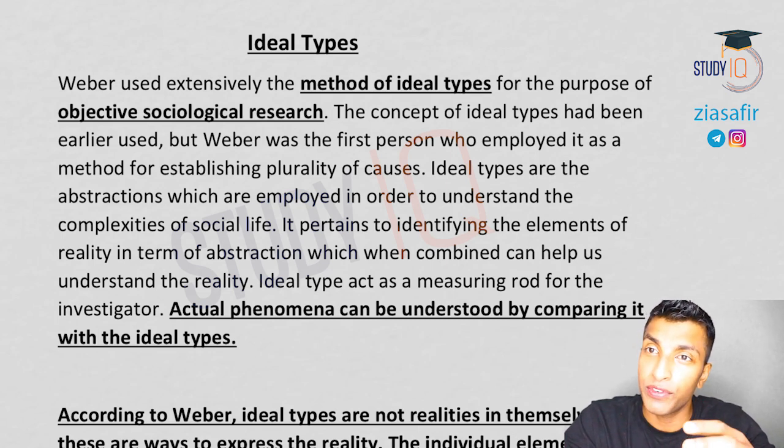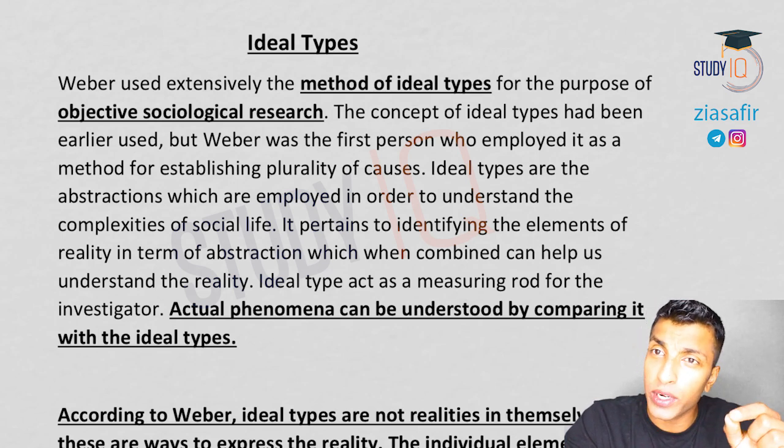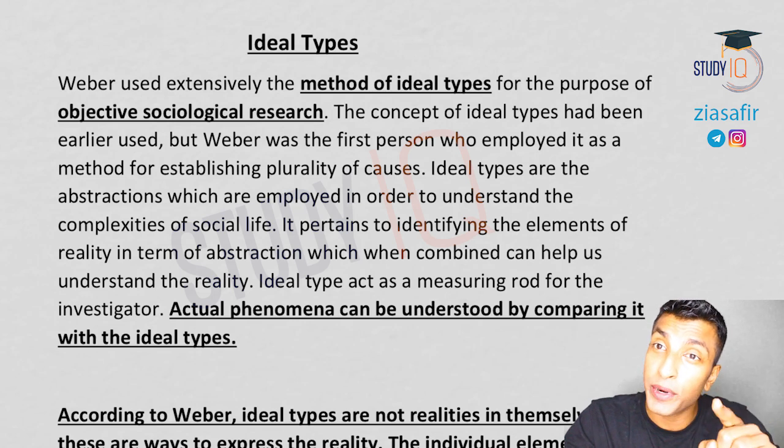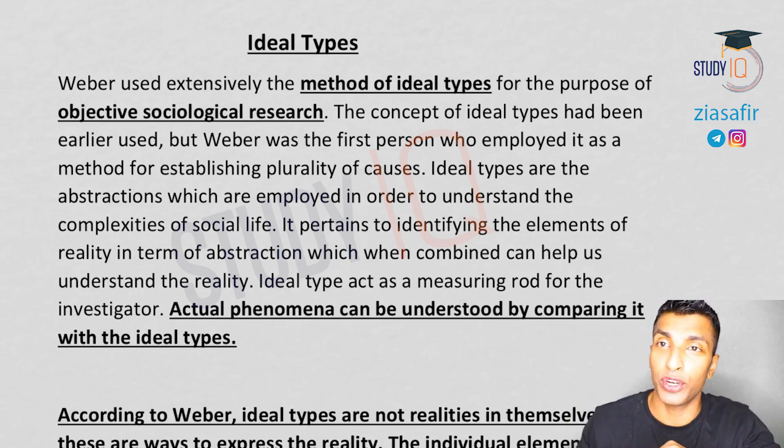It is a science which aims at interpretive understanding of social action in order thereby to arrive at an explanation of cause and effect. So sociology is a science. Sociology is trying to establish cause and effect. How? Interpretive understanding of social action. So you should study social action, interpretive understanding of social action, and arrive at an explanation of cause and effect.